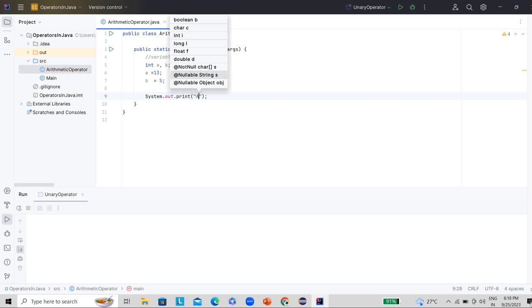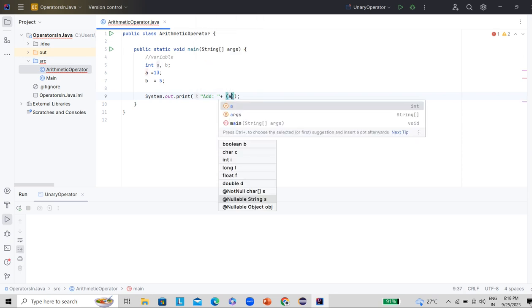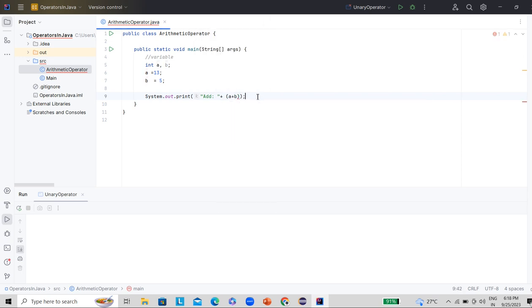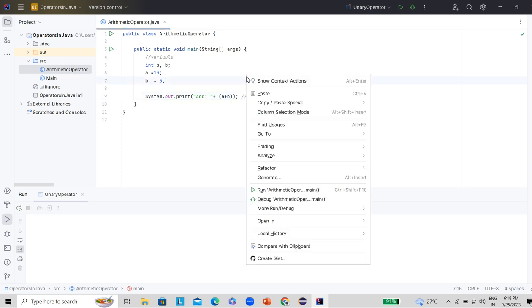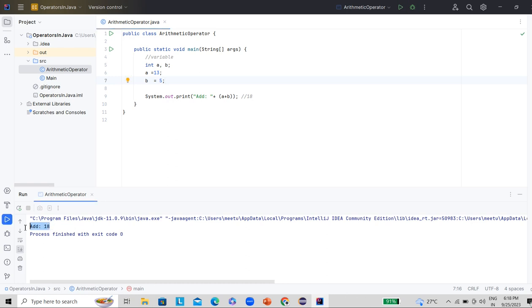Let's write the text add and concatenate it with the operation a plus b. What would be the expected result here? That would be 18, because 13 plus 5 is 18. Let's run this program and see the effect. You can see that the addition of two numbers is 18.